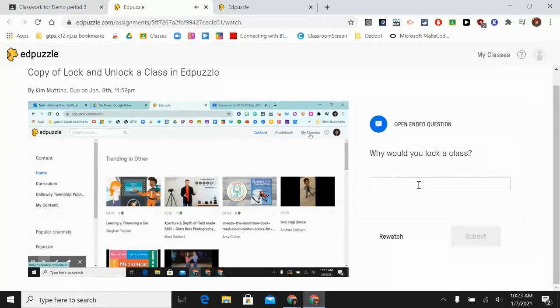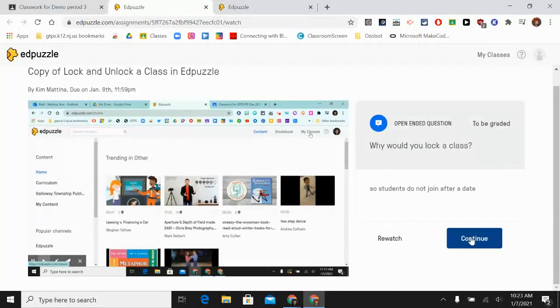And here's my question, so I have to type something in. Right, and I'm going to click submit. And I'm going to click continue because it says that this open-ended question has to be graded. Edpuzzle doesn't do that. You manually have to do that. So I'm going to click